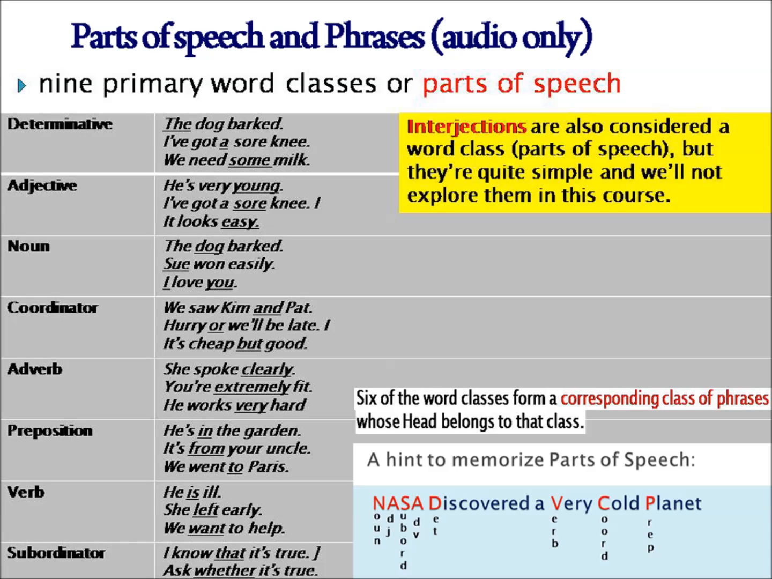Okay. So these are the 9 parts of speech in English. We also have the interjections. But interjections are not to be considered in our study. They are so simple, and we will not explore them in this course, because interjections are those exclamations like, oh,